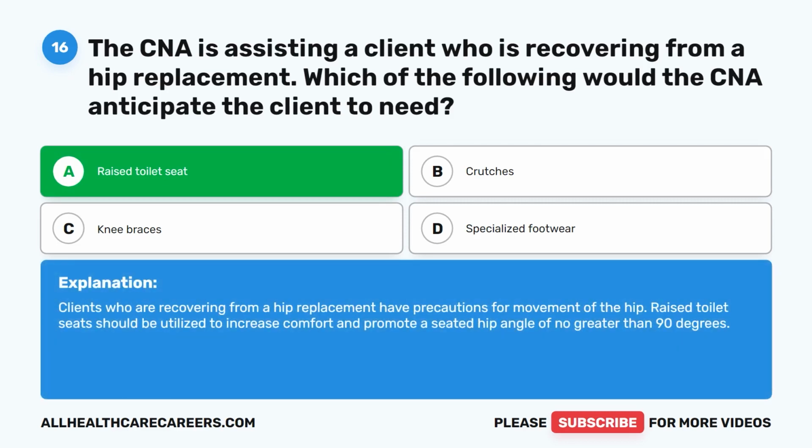Clients who are recovering from a hip replacement have precautions for movement of the hip. Raised toilet seat should be utilized to increase comfort and promote a seated hip angle of no greater than 90